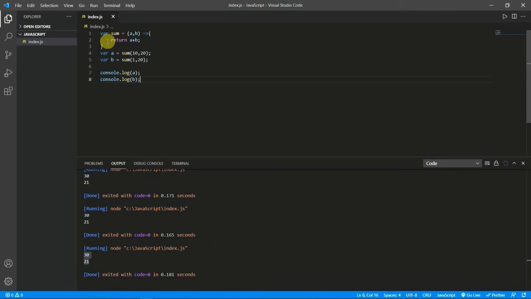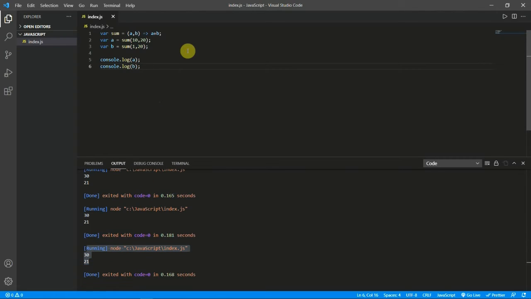Now if we have only a return value, there is no need of these curly brackets. You can directly give a plus b, and then we will run the code. See, again we are getting the same answer.